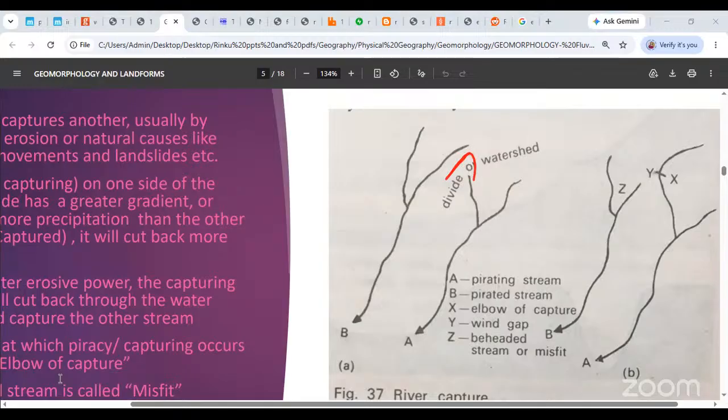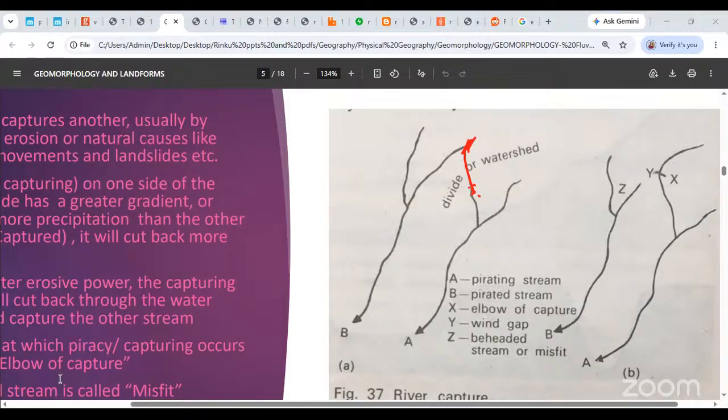Yes, okay, no problem. So we are saying there's a watershed clearly, and one stream from this side, the another from that side. Now what happens is, ये वाली जो stream होती है ना, we are looking at this stream, okay? This stream goes straight backwards. It performs headward erosion and tries to capture the water of this river. It's going to take in the water. It is going backwards instead of eroding forwards, from the head point, from the source, eroding and capturing that other stream.